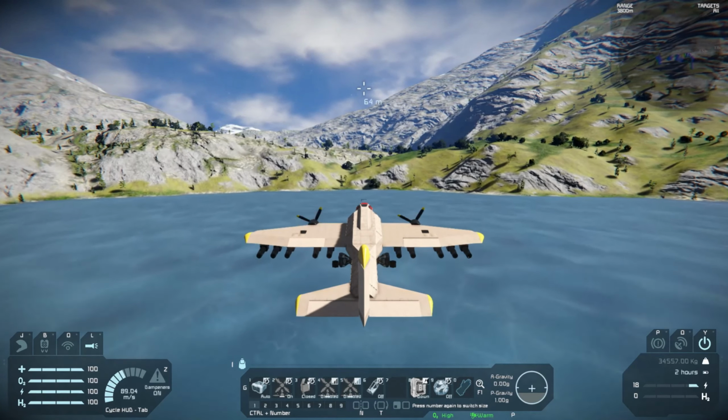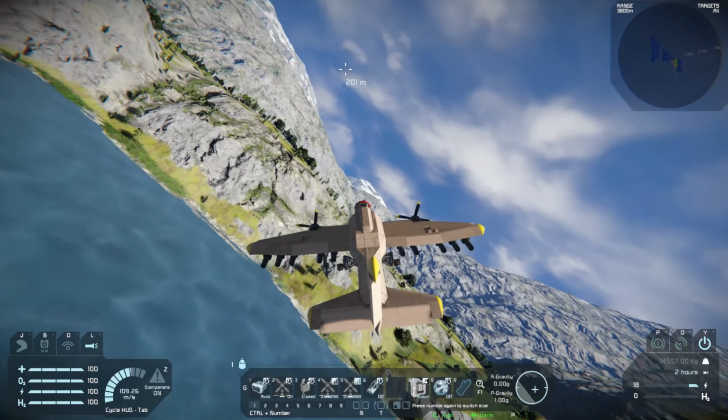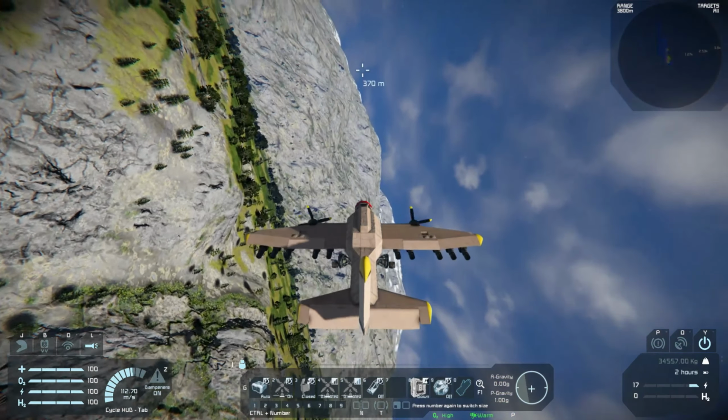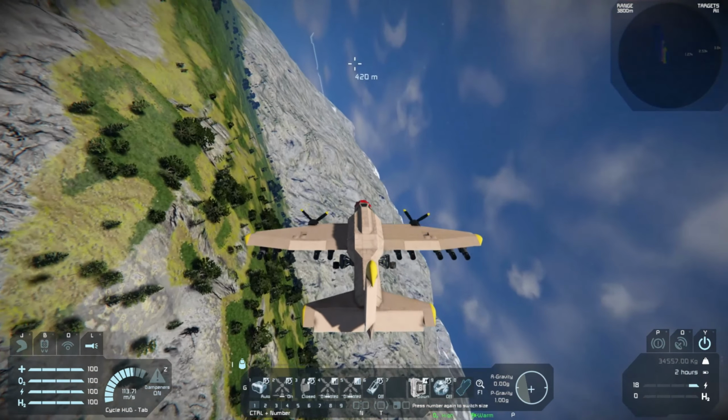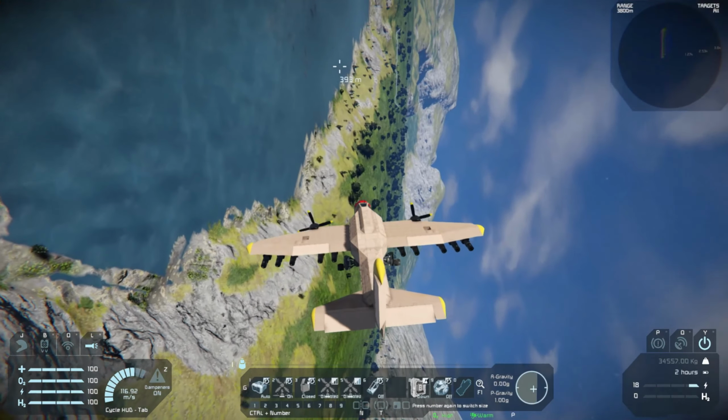Now watch as I turn. You see how the plane is banking to the left? I am not doing that. That's this mod doing this. Right? As I level back out,